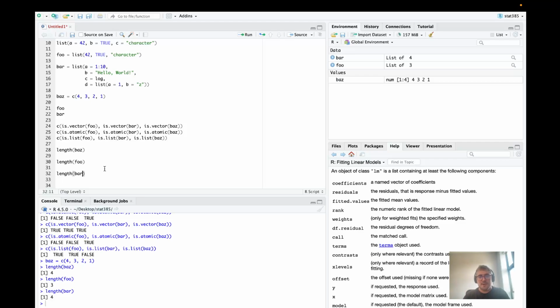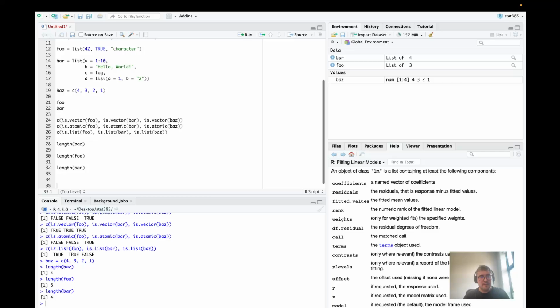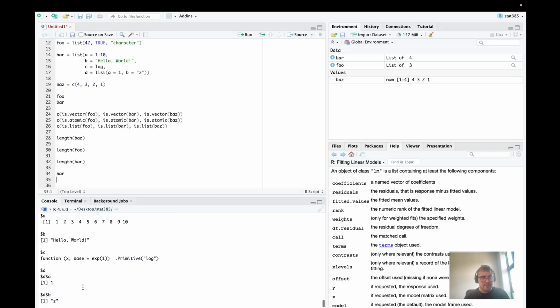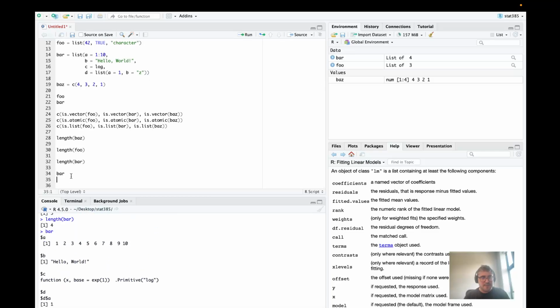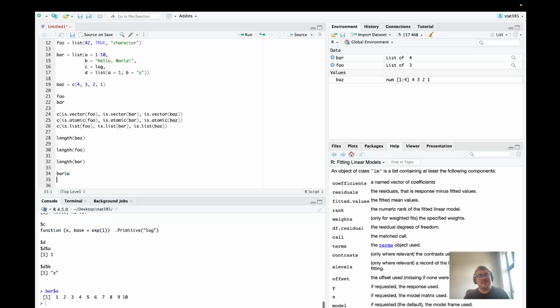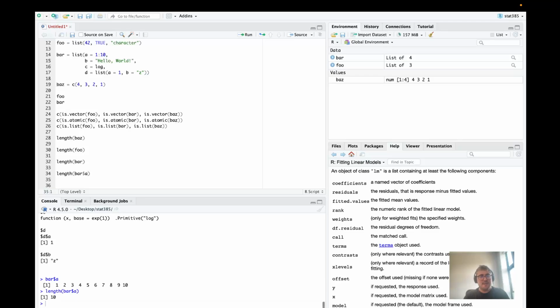I guess we'll just do it really quick. So let's display bar. We're getting a little bit ahead here, but this is the object assigned the name A, which is an atomic vector of length 10. And if I hit length on that, then it should be 10. Yes, okay, good. But the length of the list itself is 4. There's 4